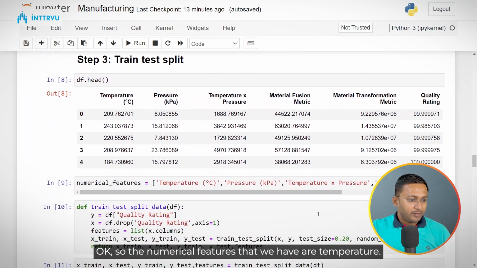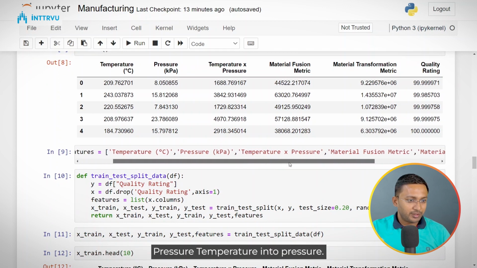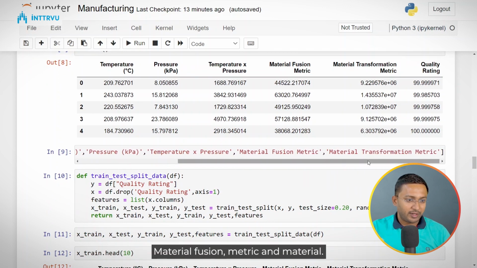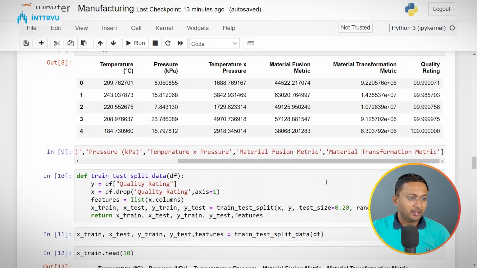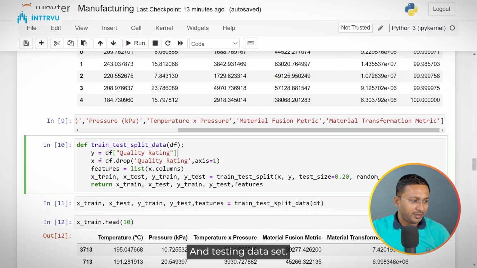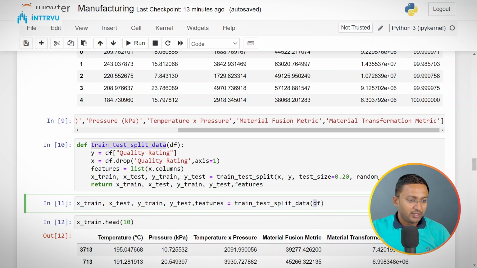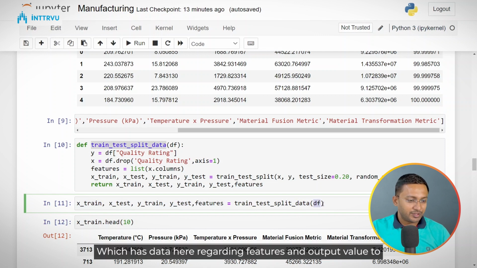Okay. So the numerical features that we have are temperature, pressure, temperature into pressure, material fusion metric, and material transformation metric. So we are now going to split the data into training dataset and testing dataset. For that, I have written a function here, train test split data, and we are just calling that function over here. To that function, we are passing our data frame, which has data regarding features and the output value